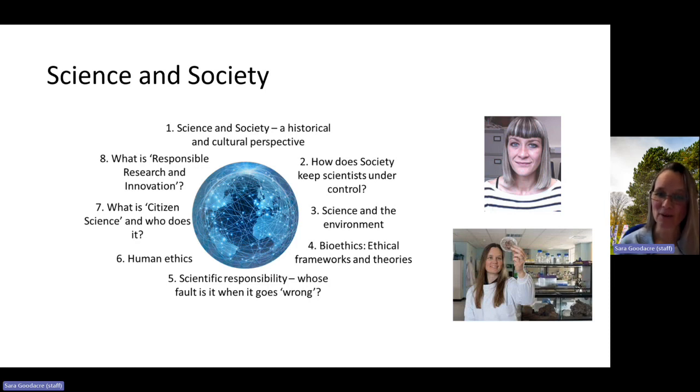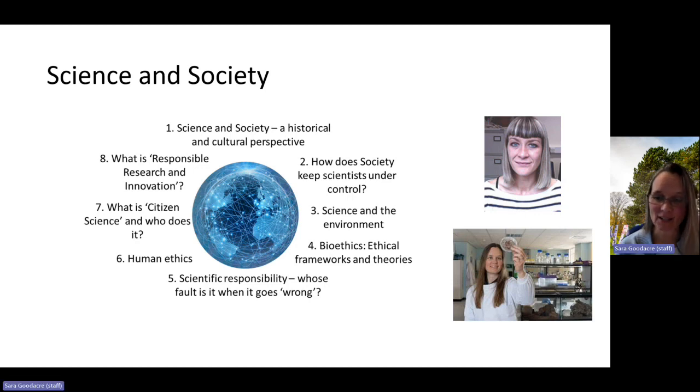We then go on to talk about ethical frameworks and theories, a really important topic. How do we work out what is and isn't ethical? How do we work out upon what basis we are making our decisions about what is and isn't okay? We then look at what happens when it goes wrong. Whose fault is it? Who decided we could do the science anyway? And what can our response to it be? And what is right and what is wrong? Who gets to decide? Who gets to decide how many risks we take? And who gets to reap the rewards of the benefits that we might accrue from it?